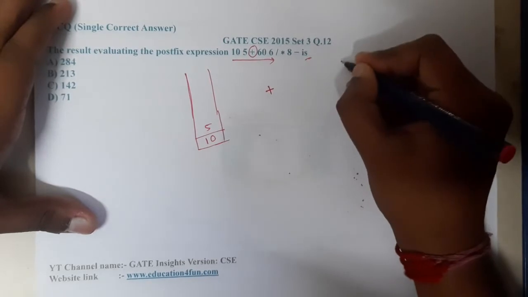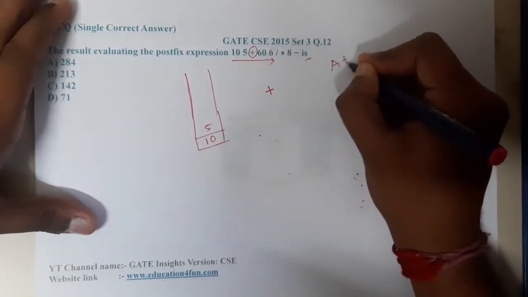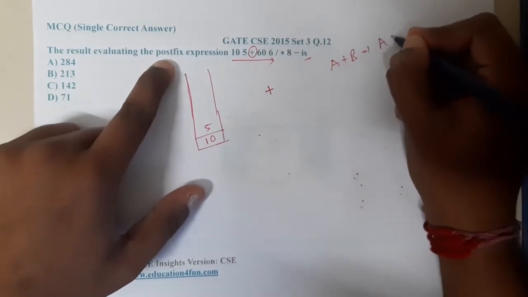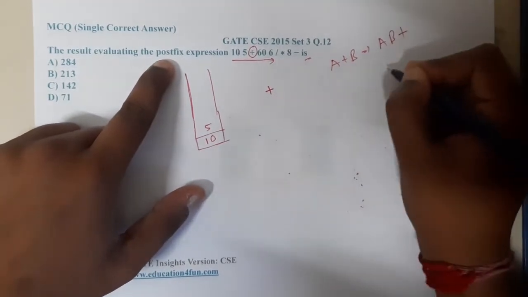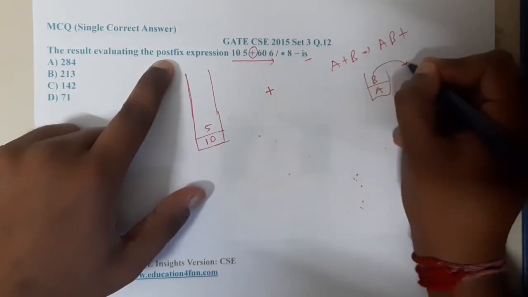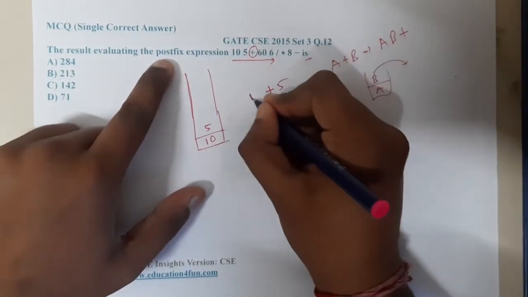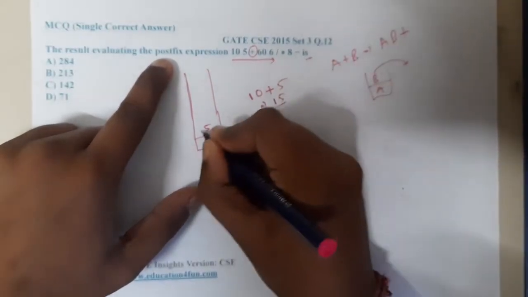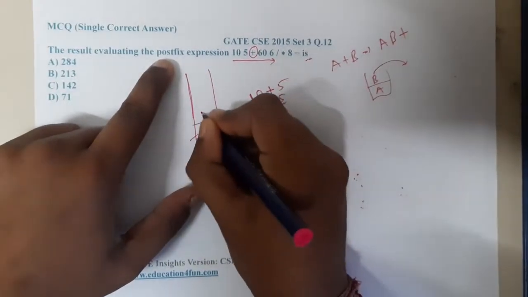If you recall, I told you a trick. a plus b is our normal expression. If we convert it into postfix, it will become a b plus, and when you push into the stack, it will be in this order. So the first operand will be this side and the next operand will be this side. So the sum will be 15 here. Once you have calculated it, these two are popped, so you will push that 15 value here.